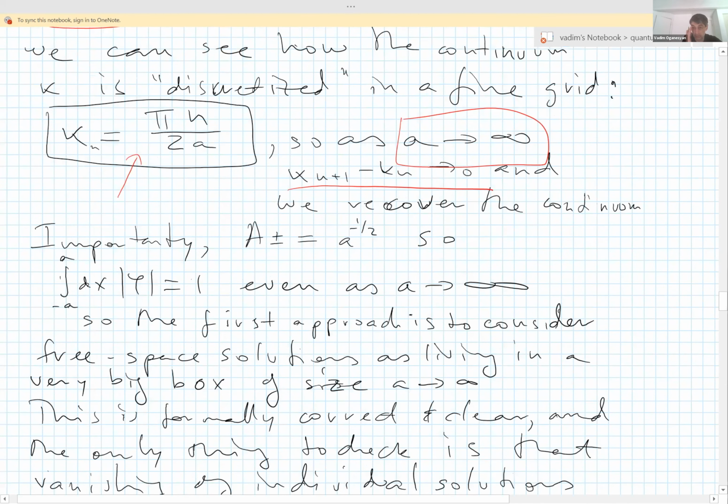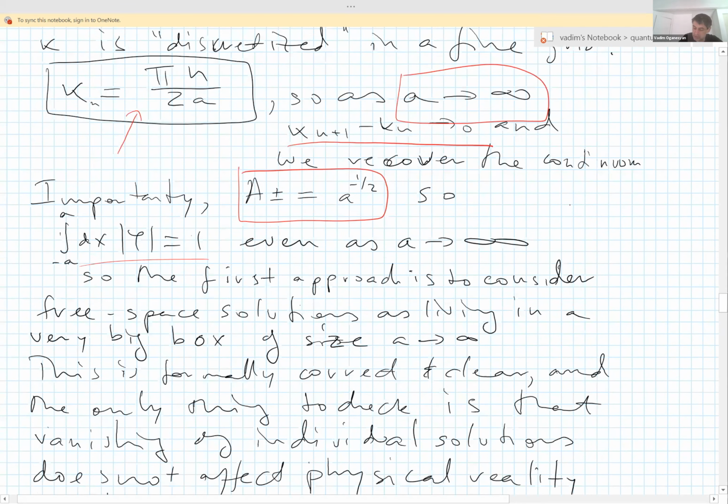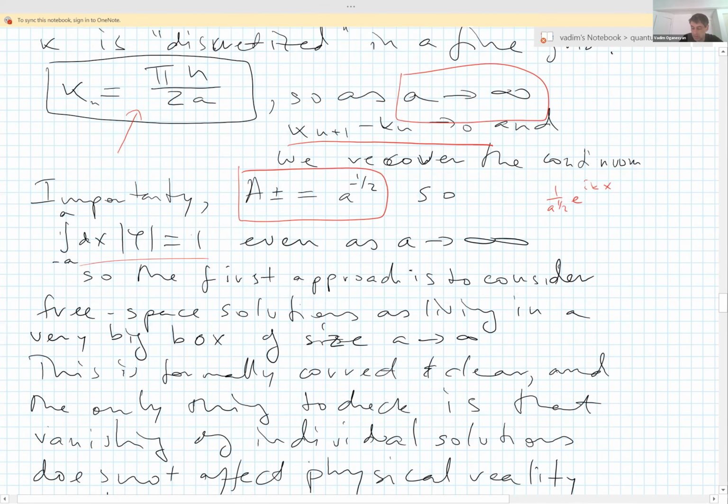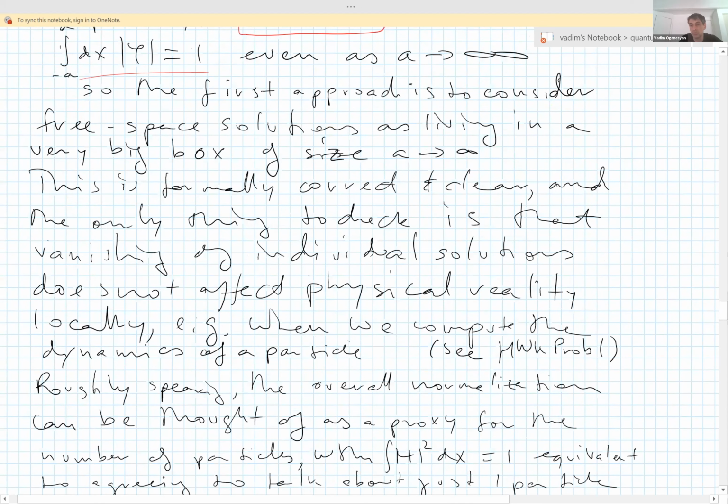Now, at the level of normalization, remember the normalization before was 1 over root size of the box. And so what we can see is that if you use this normalization here, because things were normalized, they remain normalized. But that basically means that the individual solutions with this normalization are going to be funny. They're going to have vanishing normalization, but it turns out that it's okay as long as you compute all of them. As we'll discuss, there are ways,